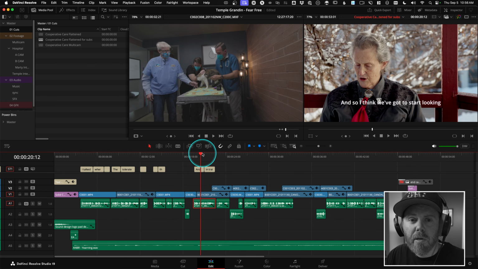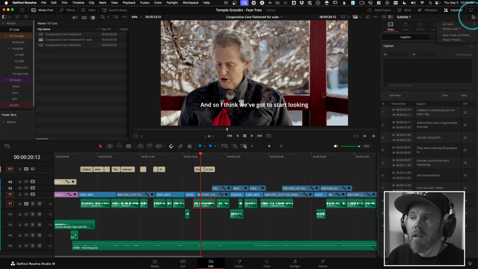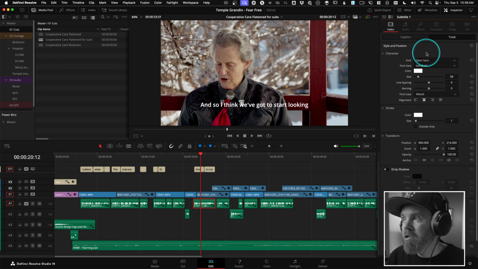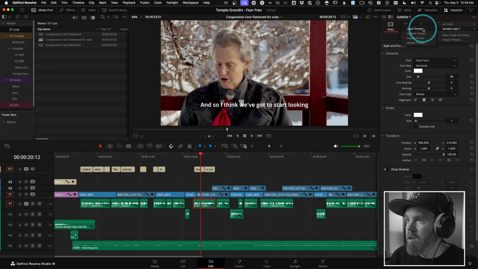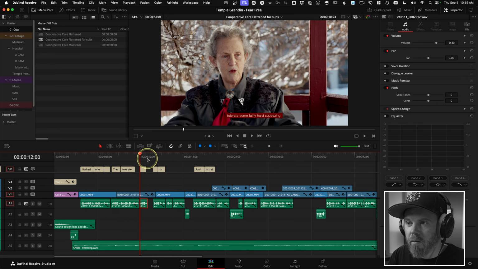The other thing to be aware of with these subtitle tracks, if you go to the inspector, you can create presets for a client. So let's say you go over here to your track setting, you set all your parameters like you want, which keyframing is not available on these, just so you're aware. But you can set some basic stuff like a background color. Save those as a track preset. And let's say we want to do tempo subs 1 as a preset. It's got a custom font, background, that whole thing,